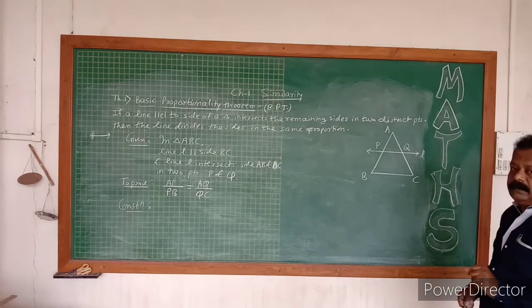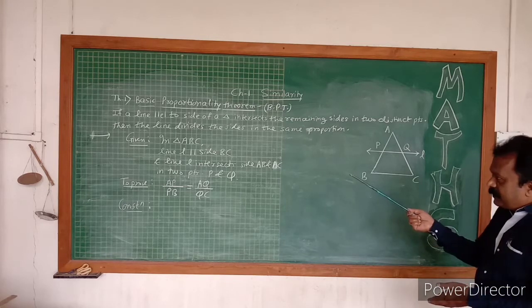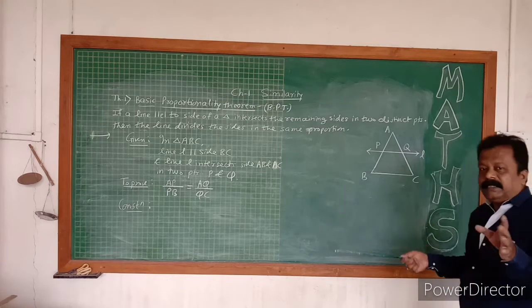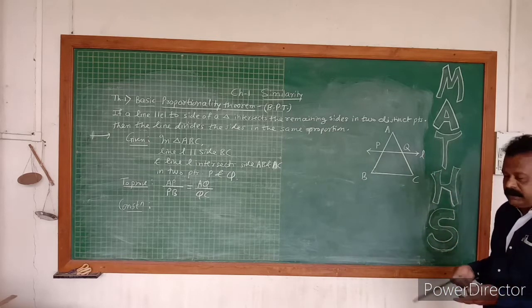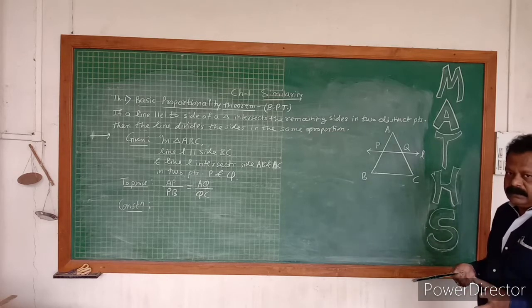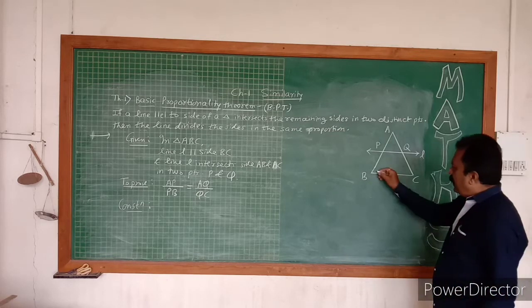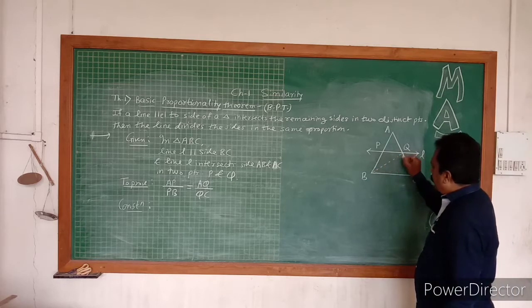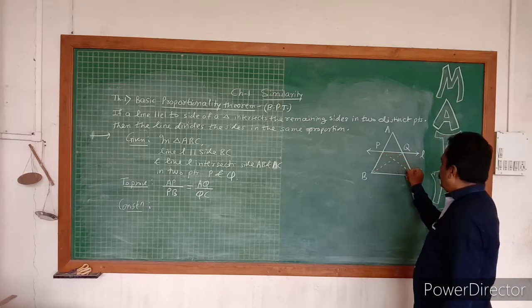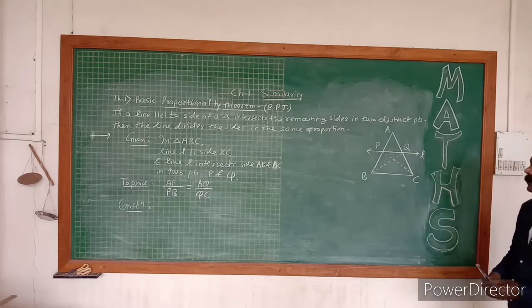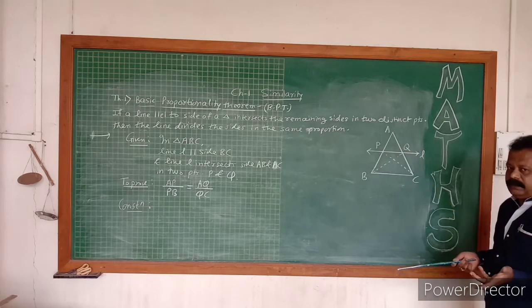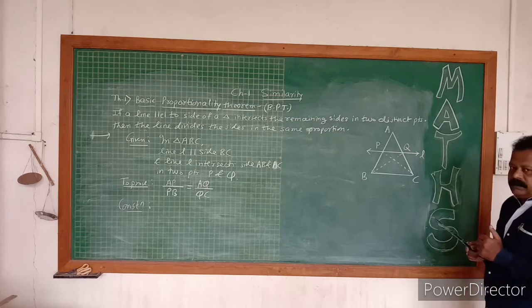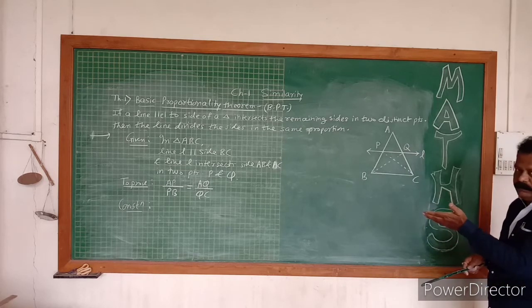Now what did we learn before that? Before solving the basic proportionality theorem, properties number 1, 2, 3, 4 we have learned. Those properties we have to use in this theorem, the basic proportionality theorem. Then it becomes easy. So what to do? Join BQ and join PC. You will get again two triangles, triangle PBQ and triangle PCQ. So totally 4 triangles we have got.